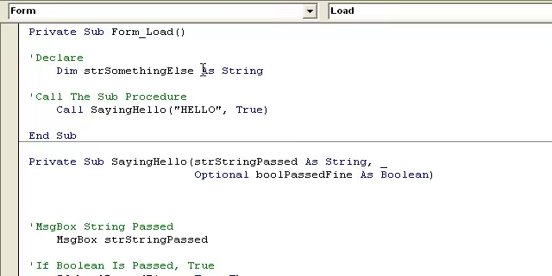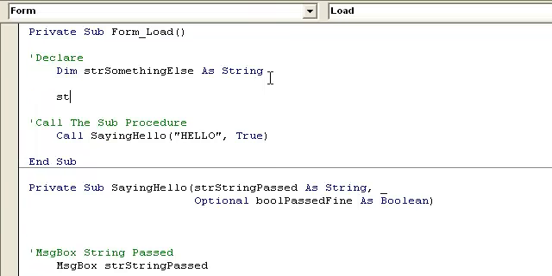Now the only reason you do it here in a sub procedure or a function is because you're only going to use it here, and you can save on that memory that